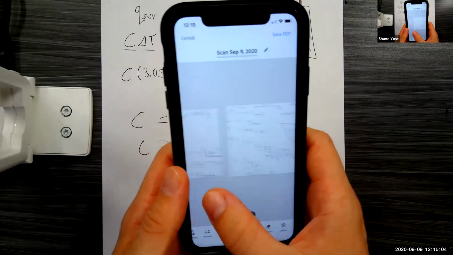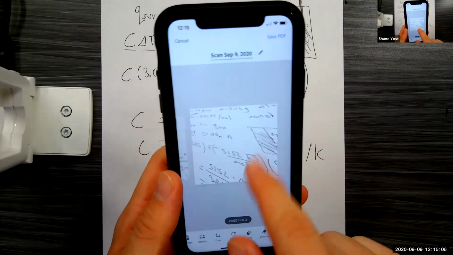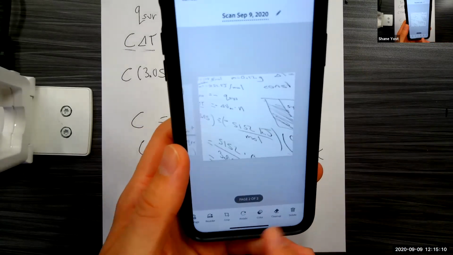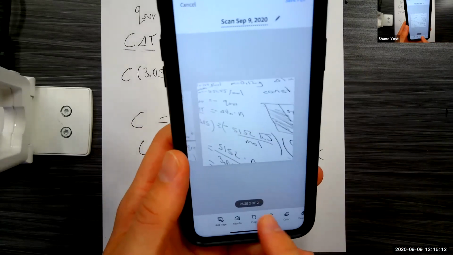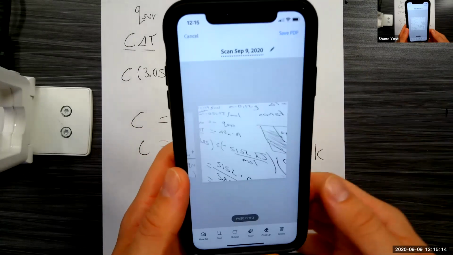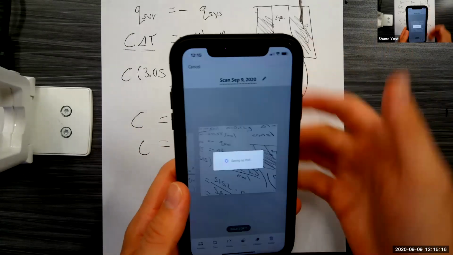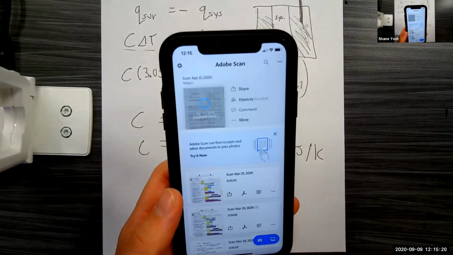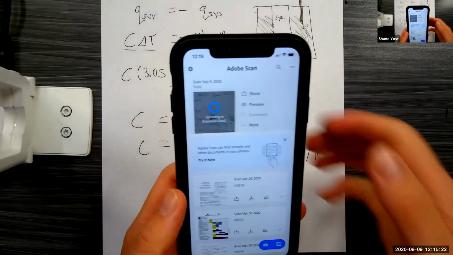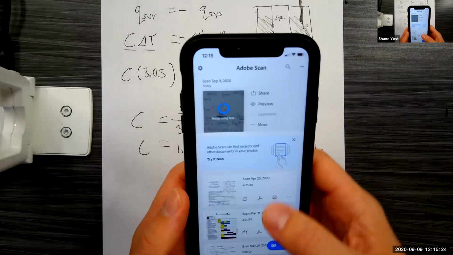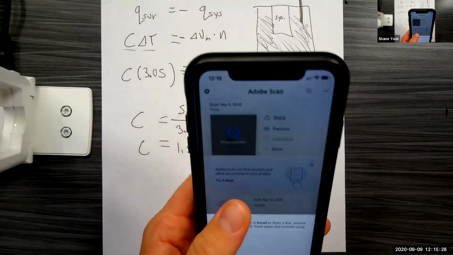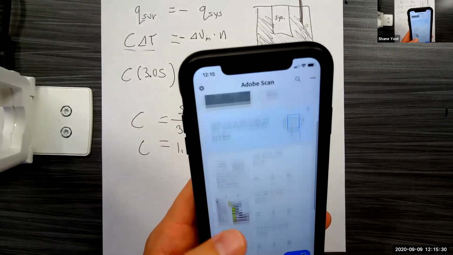You see your multiple files, right? My lovely cropping made it all sorts of funky, but it doesn't matter. You can rotate these things. You can do whatever editing you want. Don't need to worry about that if you don't want to. And then you just save as PDF. And once you've saved it as a PDF, you can email it to yourself, right? You can share it, share a copy, save a copy, do whatever things,